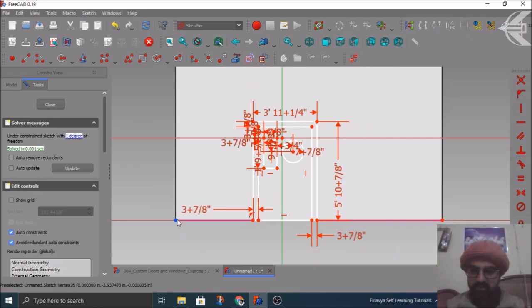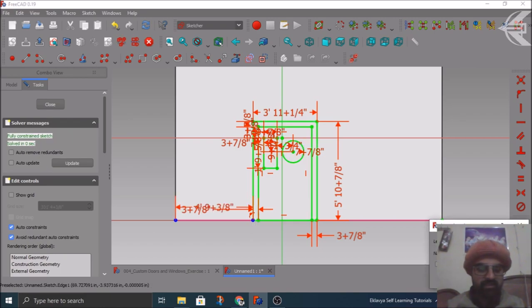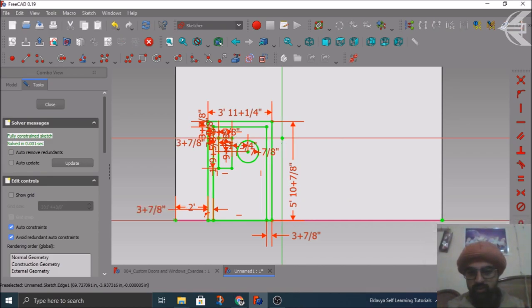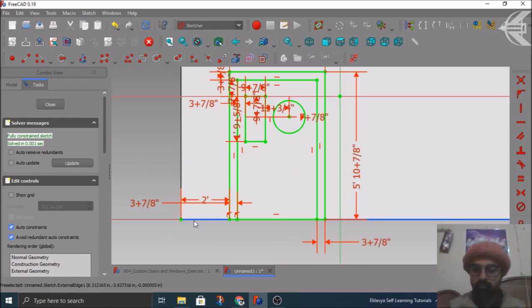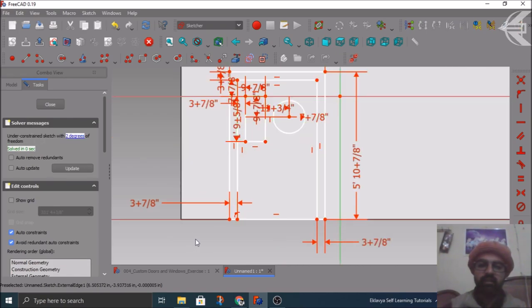Once I'm done, I can also set the desired distance from this particular wall. Suppose I'm keeping this as 2 feet from the edge. Once I'm done, you can keep this as it is, but for better preference, I'll tell you why we are not constraining so much to the external geometry. So for the time being, I'll remove this external geometry and keep it as it is.